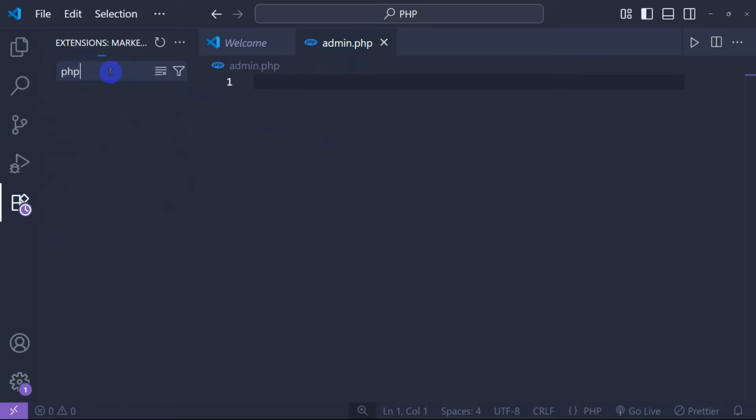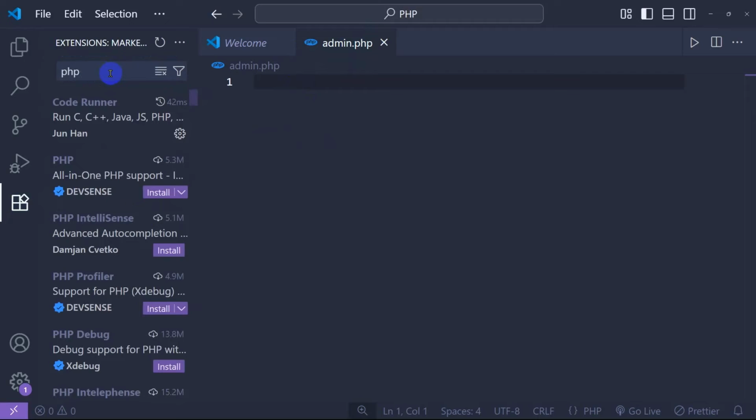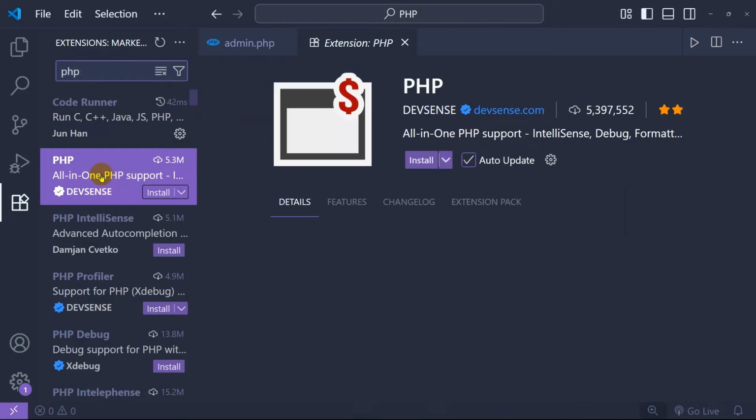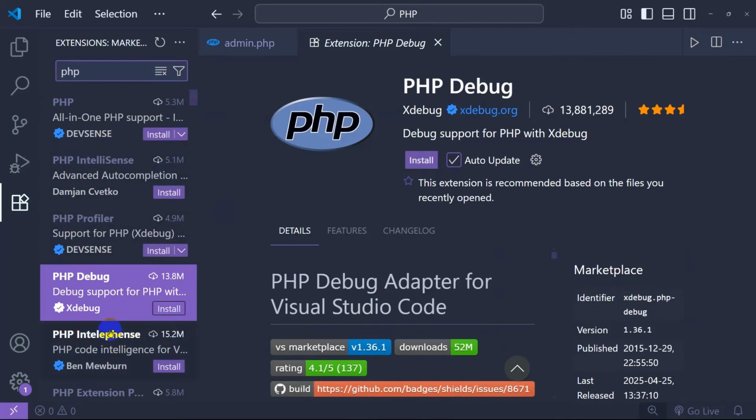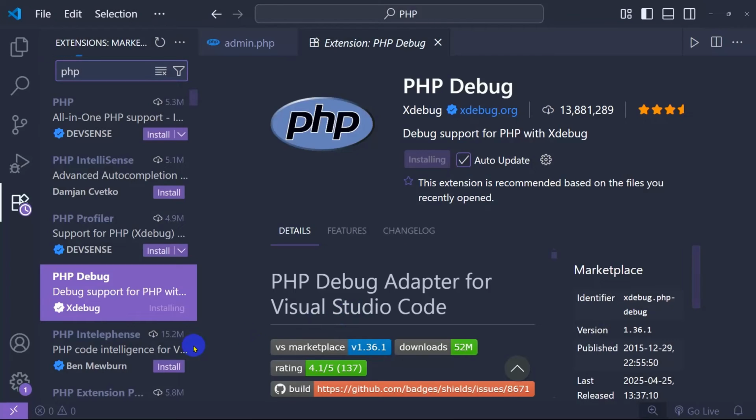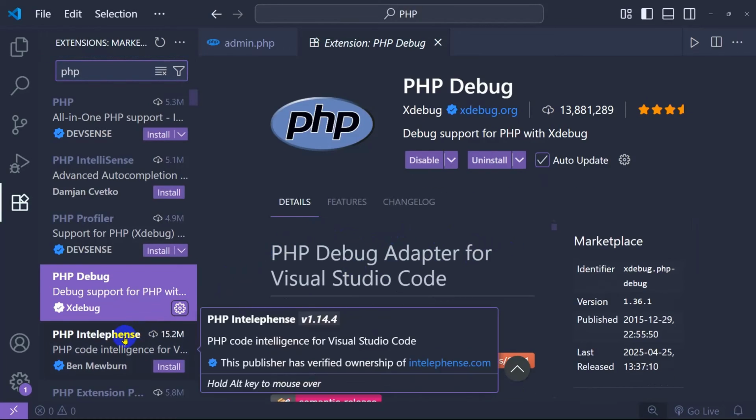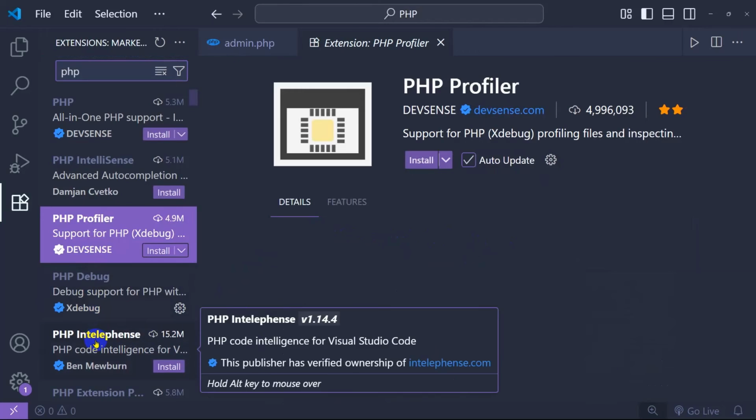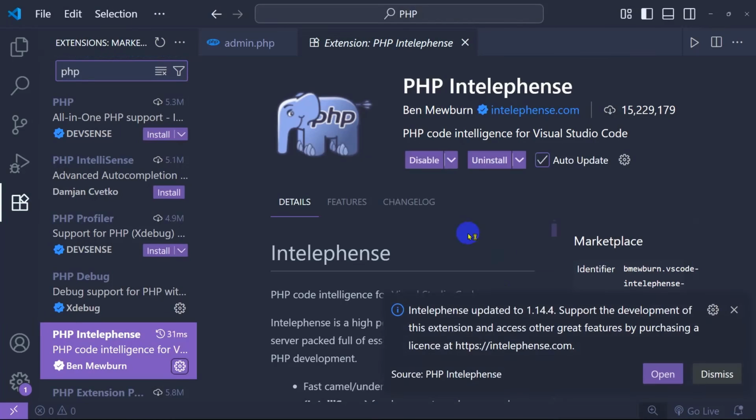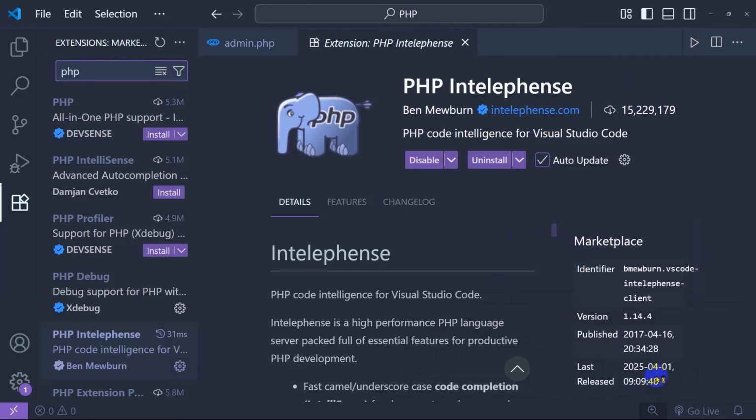PHP. And here we're going to find the PHP over here. Click on that. So first, we need to download the PHP debug. So for that, we're going to select the PHP debug and click on install. And that's it. And after, we're going to need to download the PHP IntelliSense. For that, we need to click on the PHP IntelliSense and click on install. After installing these two, we're going to click on the